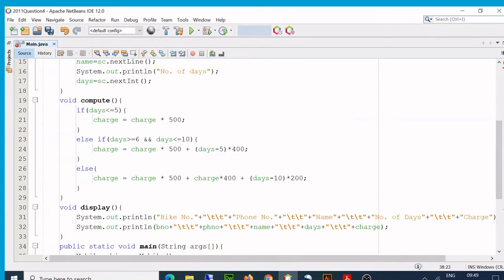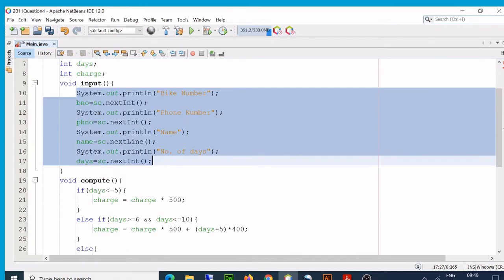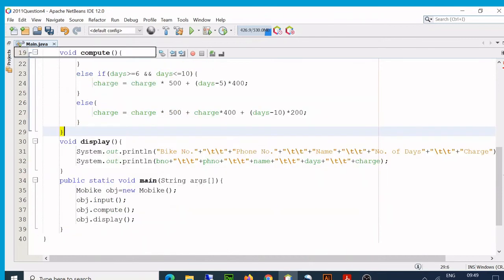So these are the variables, and these are known as instance variables. Okay, this is why they become, you know, global to the entire class. Okay, this is the scanner, right? These are variables where we have to input the data. We are inputting it, and this is where we are calculating it on the conditions that were told to us, and that's how we are going to display it. Okay, and this is the main method.